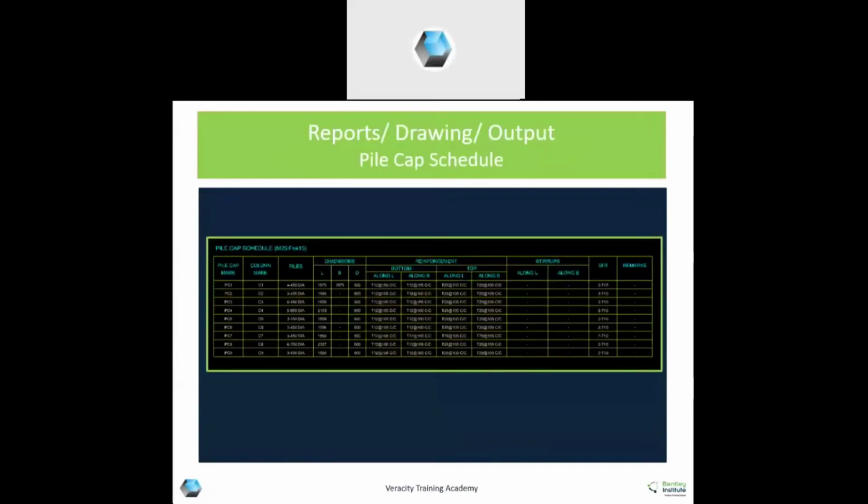What do we get in the output file? Whatever you have given, you will get a proper schedule of your pile cap and the reinforcement. If stirrups are needed, stirrups also will be present.